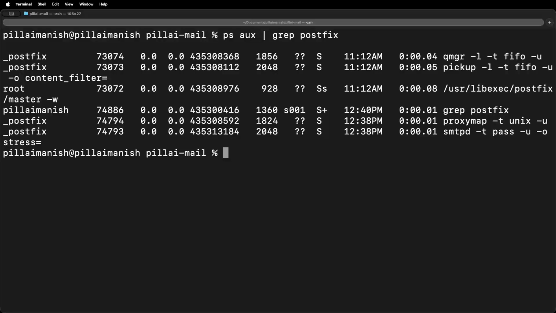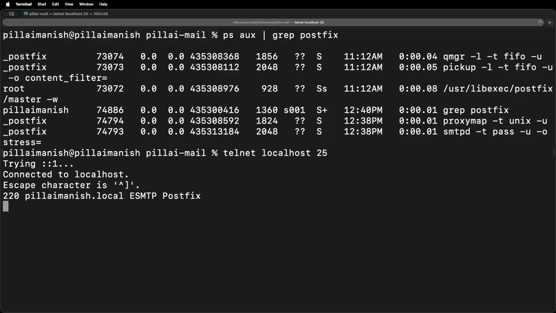Now, the first thing I have to do is establish a connection between the client and the server. My client is the person who is sending the message, and the server is the SMTP server, Postfix in this case. I can do a telnet to localhost on port 25. Let's see what the server responds with after the first communication. This 220 greeting means that this SMTP server is ready to talk. Every SMTP conversation begins with this greeting.